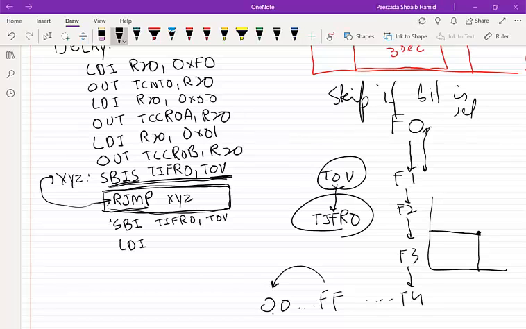First I will stop the timer. So first I have to stop the timer. That means I will put 00 in timer control register B. That I will do by loading any general purpose register with 00 and then putting that value in timer control register B,